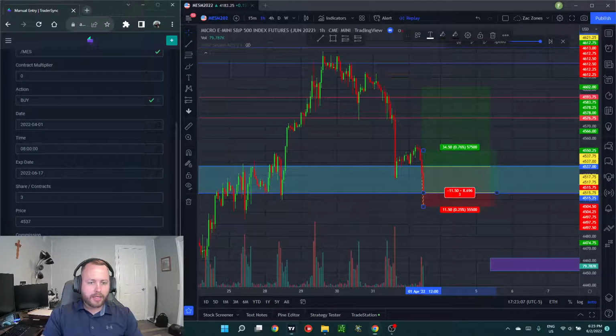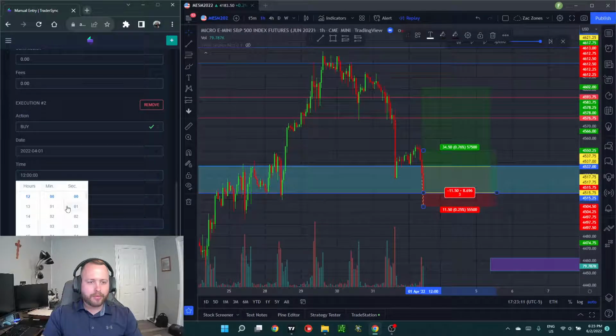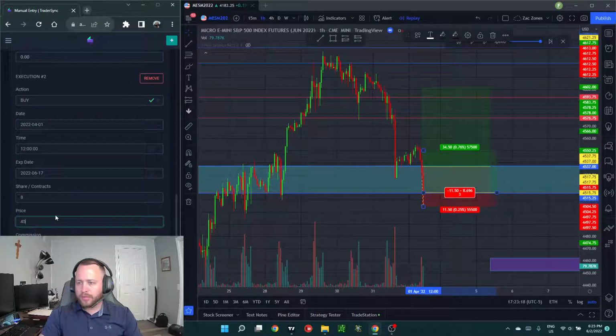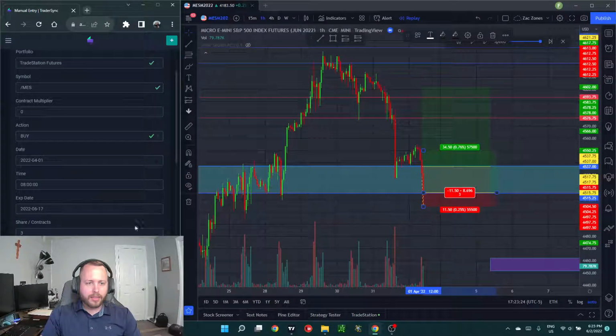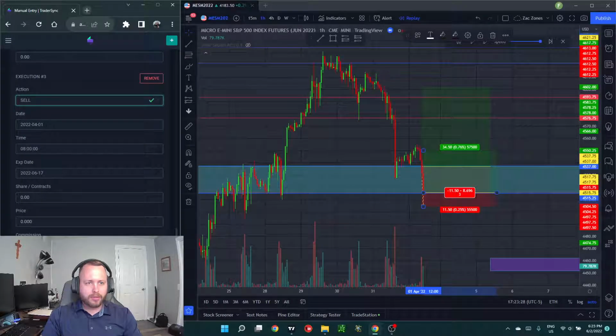Same dates. We're going to add an execution here. Buy right around 12 o'clock. 8 contracts at 45, 15, 25. And then add an execution. We have 8 and 3, so that's 11. So that's going to be sell